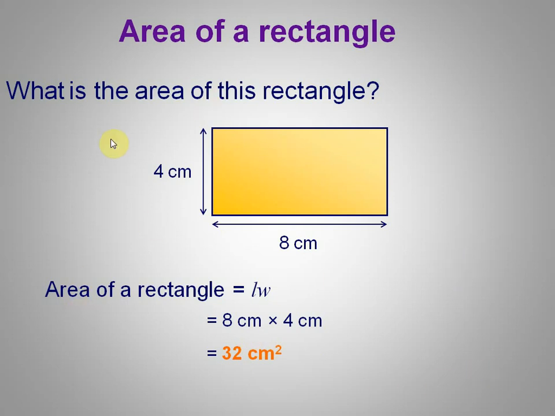You can see that when we multiply both the dimensions, this one is the dimension we call the y dimension, and this one is the dimension we call the x dimension. When we multiply both dimensions, we get this answer. Area should be in square units, and the perimeter should be in a simple single unit: centimeters, meters, kilometers. So when we multiply the units with each other, we get this kind of unit, centimeter square.